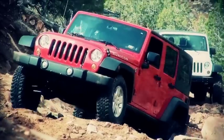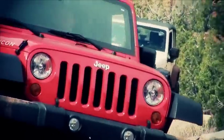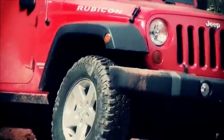Adding this kit has dramatically altered Rental Boy's status. Now it really looks and performs